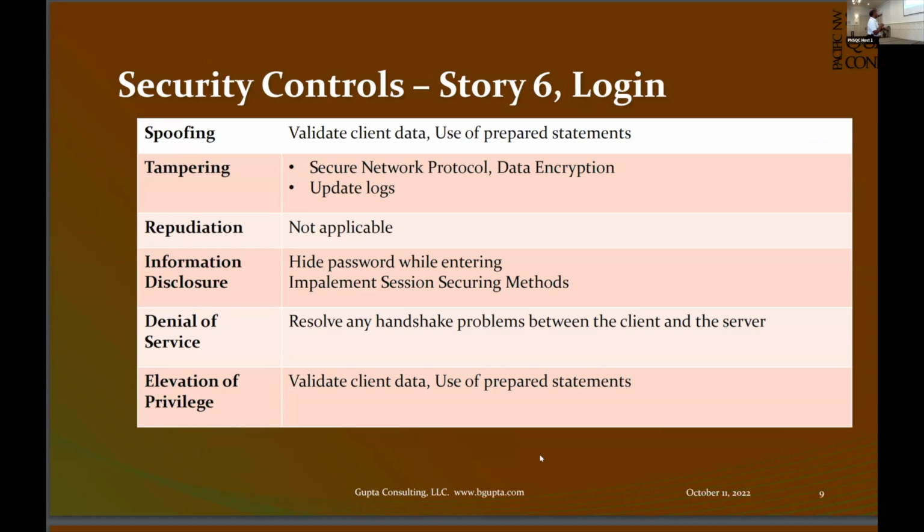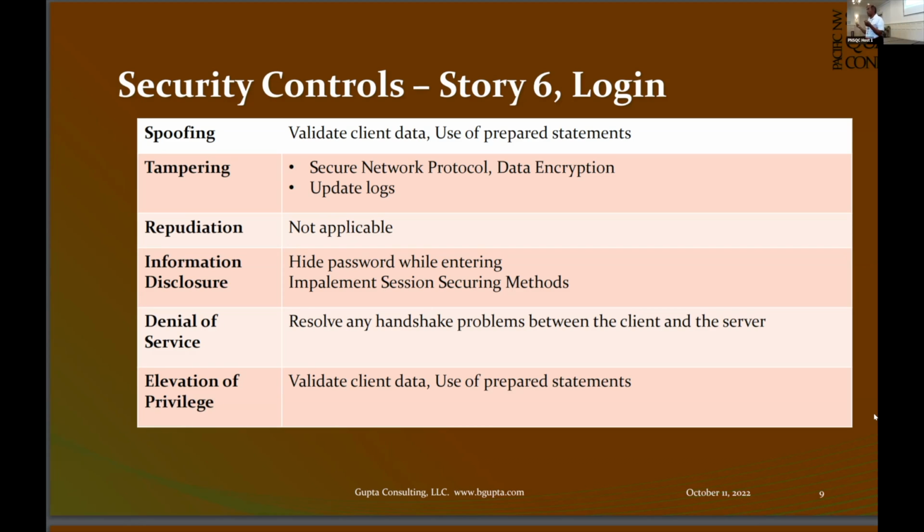Okay, so here is an example of a login. The story is login, and here is how STRIDE will apply to that particular story. If I start from the top, spoofing: when you want to validate client data, you normally do that by some kind of query.